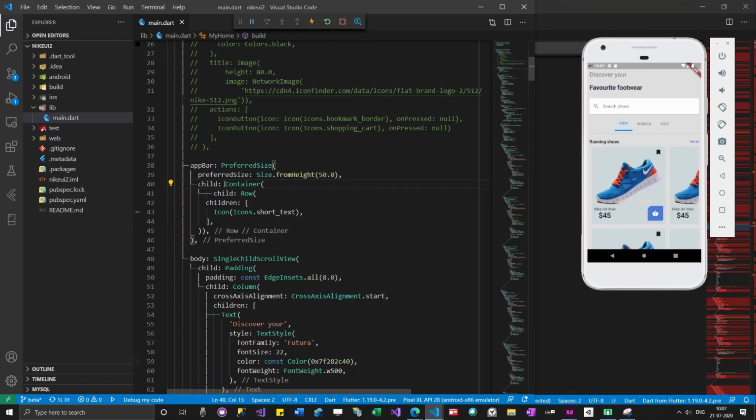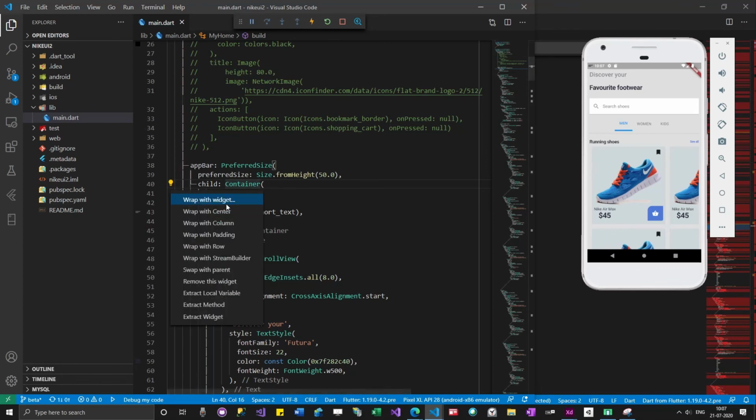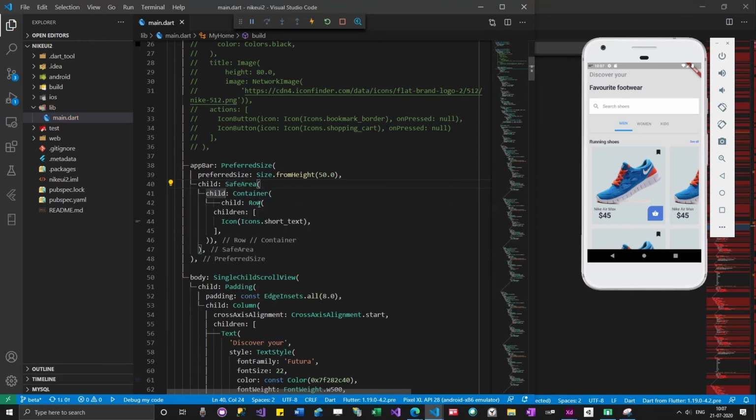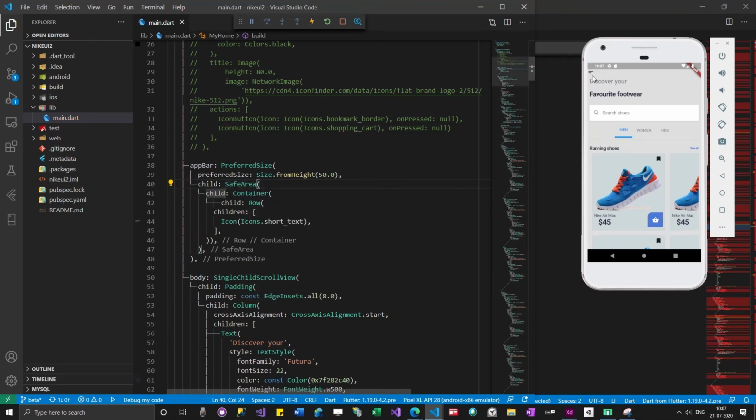I can just use safe area over here. As soon as I use safe area, you can see that everything has moved slightly below that notch or status bar. Now everything is appearing properly.